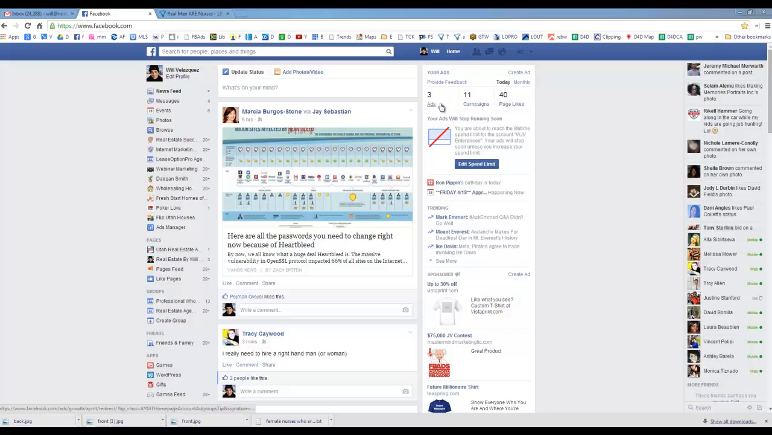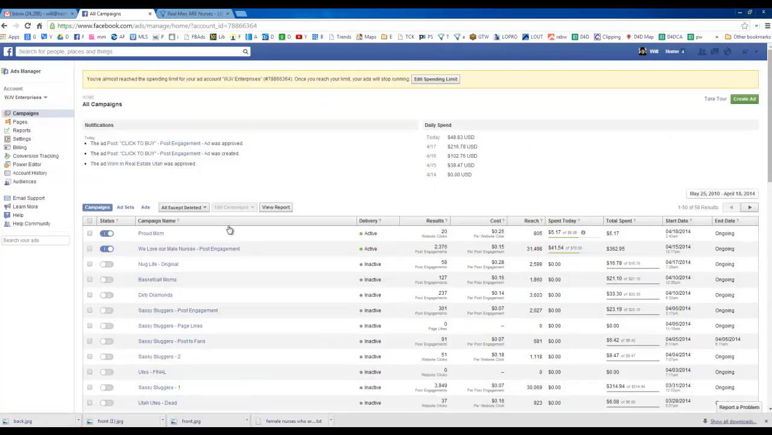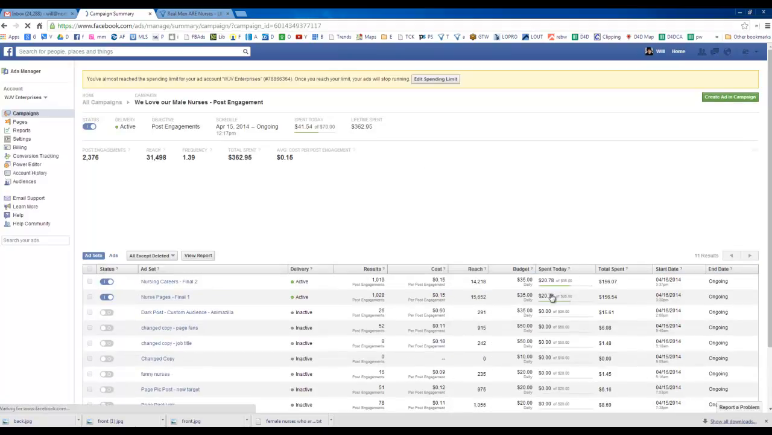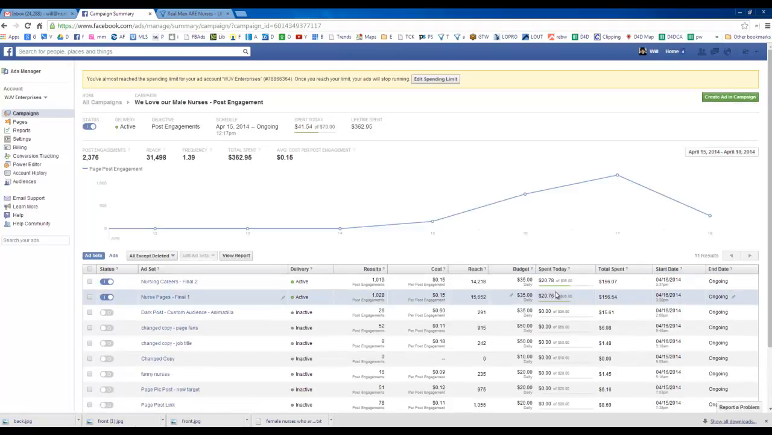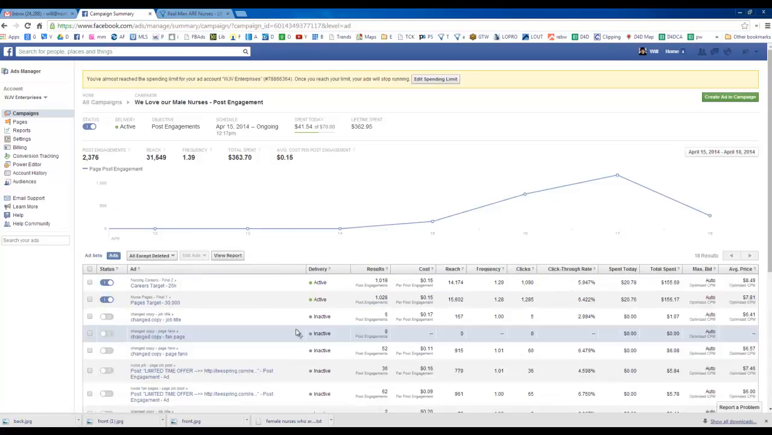Let's go to our ads and see how we're doing today. Basically, we should be more than half of the day, and as you can see here, right here, is ours. You can see we're about $41.54 into today's campaign. Now these budgets are only set at $35 per day, so let's take a look at each of these and see